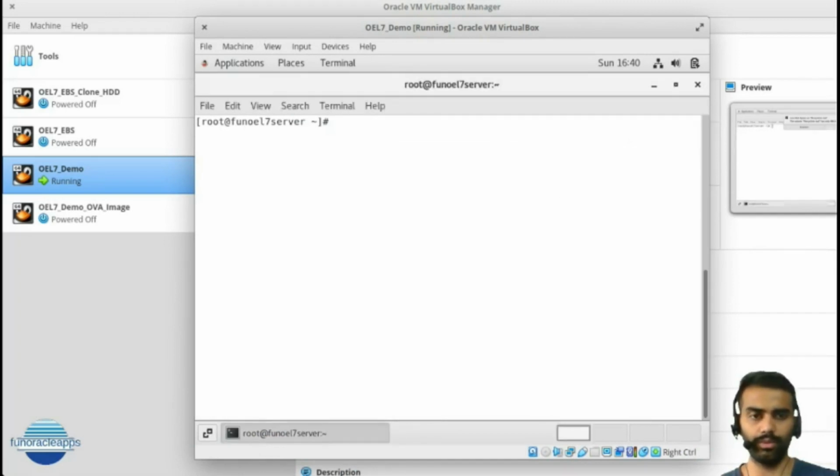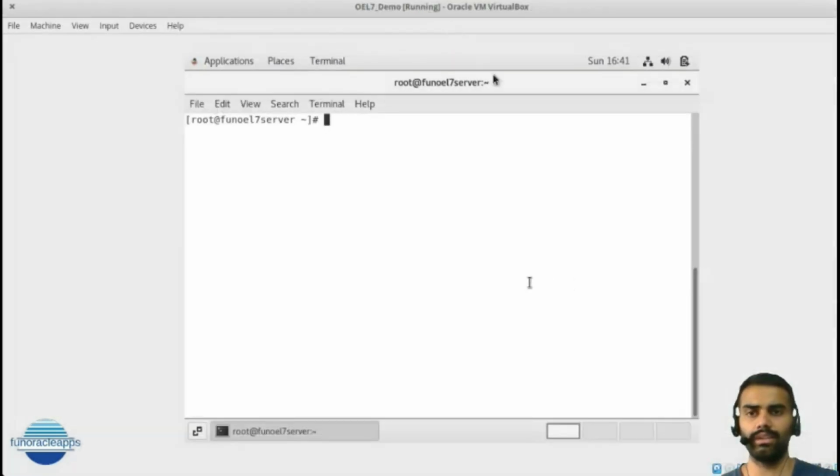Many times you will come across the mouse getting stuck: your mouse is inside this virtual machine and it is not coming out. To get it out, you have to use the host key, which is the right Control, so that you can use your mouse on your normal host machine. Or even if I want to maximize this screen, you will see it is not using the full display. To avoid all those things, we can simply use the VirtualBox Guest Additions.